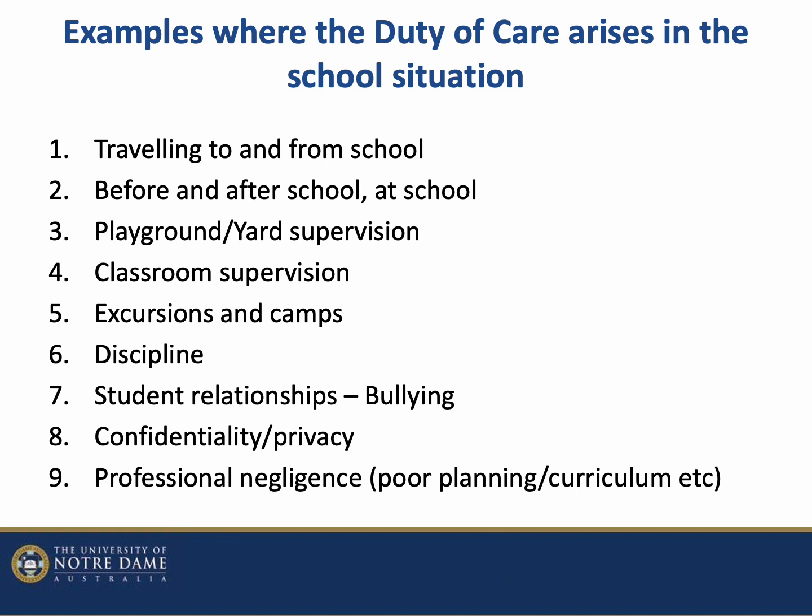Number 8, confidentiality and privacy. We do need to make sure that all of our dealings are confidential and we're respecting the privacy. So we talked about this last week in terms of not mentioning school names and not mentioning people's names when we're talking about situations. There are some exceptions to this general rule about confidentiality.